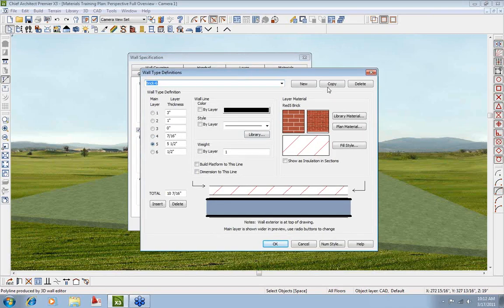I'm going to make a copy of this brick 6. And since I'm using a stone, I'm just going to rename it Stone Veneer. You can see all the different layers. There's the drywall on the inside, the framing, the OSB. They're putting a house wrap on, and in this instance, I'm not a mason, so I'm not sure how this